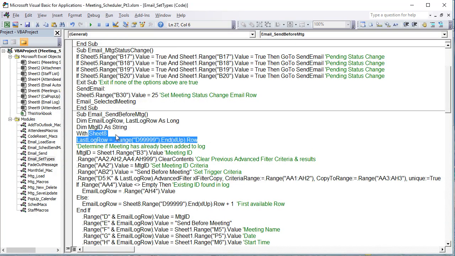All right, so the first thing we want to do is get the last log row. But first, before I do that, I want to determine if that meeting has already been added to the log. So we're going to run an advanced filter. The first one we're going to run is just to see if it's been added before. So we want to add two items to our advanced filter. We want to add the meeting ID and we want to add